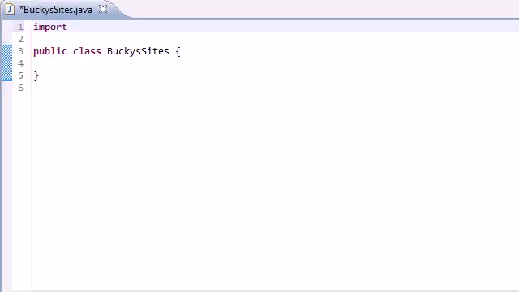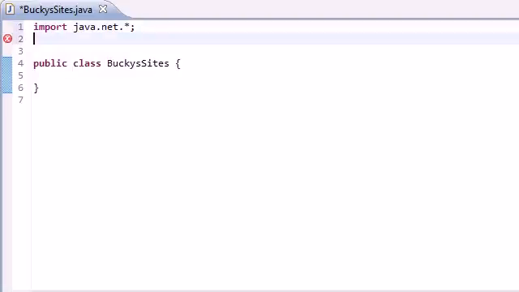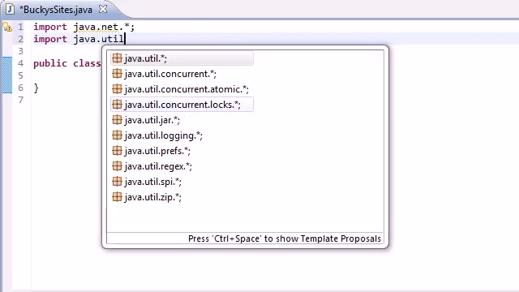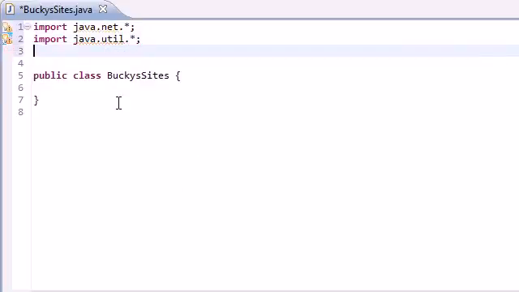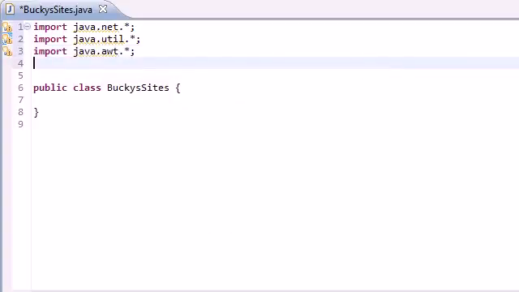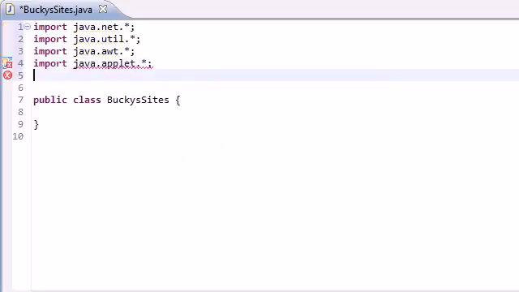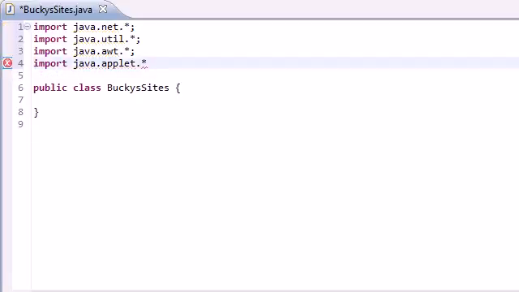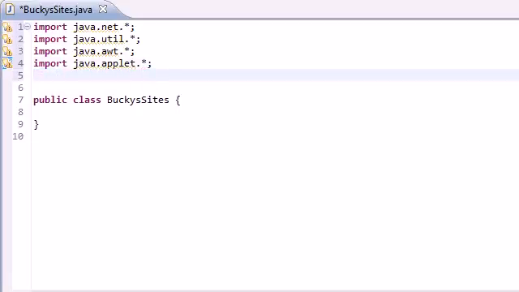So the first thing we need to import is java.net. There we go. Second thing, import java.util. Man, this is like auto typing everything for me. Import java.awt. Oh, too easy. Import java.applet. Okay, now I'm messing up. This is where things start going south. Import